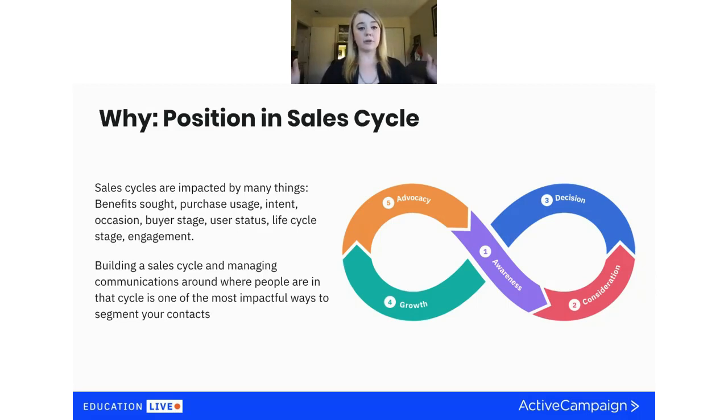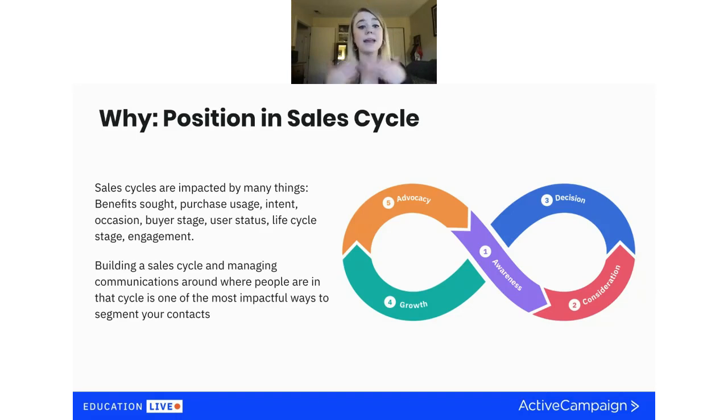So thinking about your sales cycle in the CRM, you will think about all of the different kinds of marketing materials you send to them at those different stages. So segment by your CRM, and you're going to be able to start sending more targeted messaging based on where they are. The other way to think about sales cycle, if you are a B2C, a business to consumer, directly